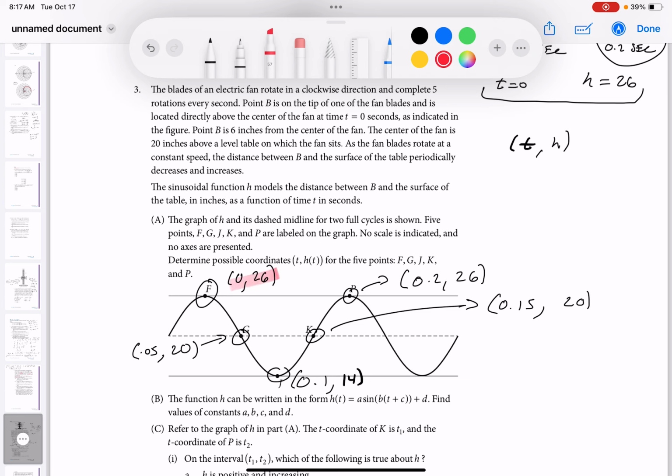All right? So the points are as follows. We did that. We got this point. That's the beginning. This is the end point, which I got over here. And we'll make sure I labeled all the points for you. We got this point, I got this point, and I got this point. Let me just make sure things are equally spaced and I got the numbers right. So, 0, 0.05, 0.1, 0.15, and 0.2. And this is one cycle